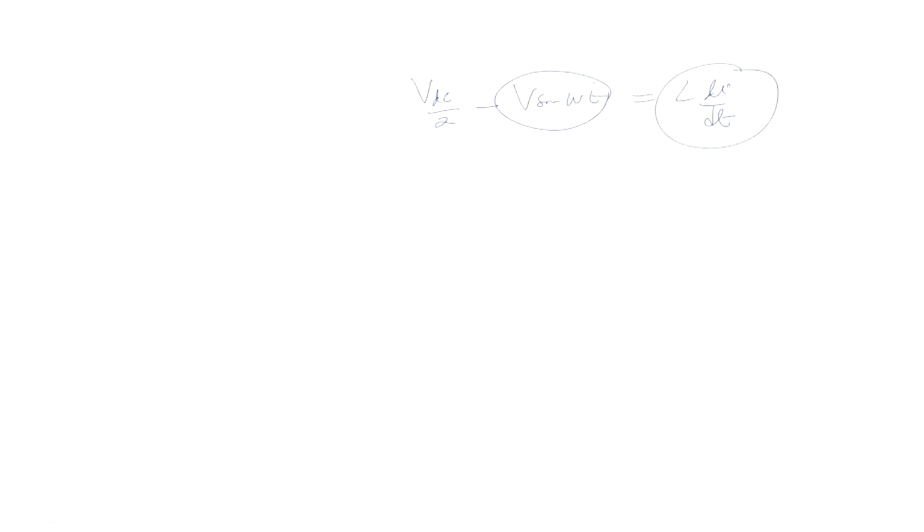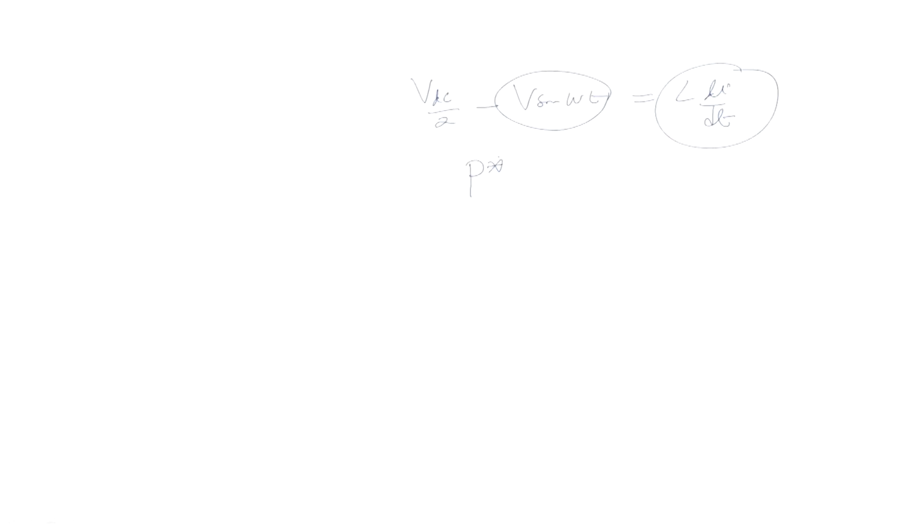So, the controller has to ensure the fast switching, so that a particular sinusoidal waveform is followed, and ultimately you require to inject a particular value of power, that is given by V1 V2 by X into sin delta. So, this is something we require to control.